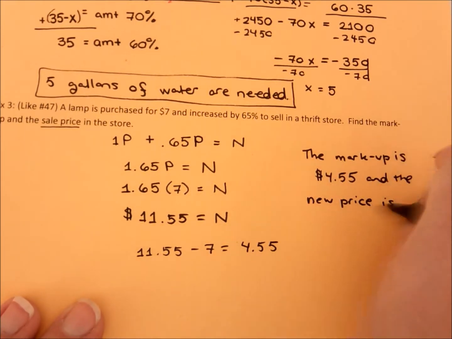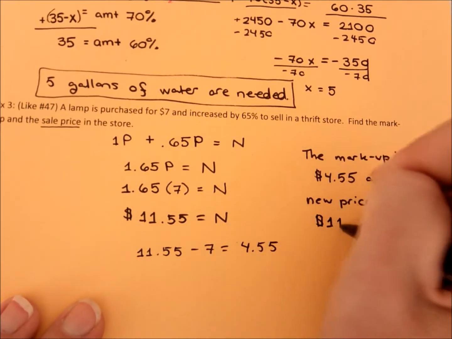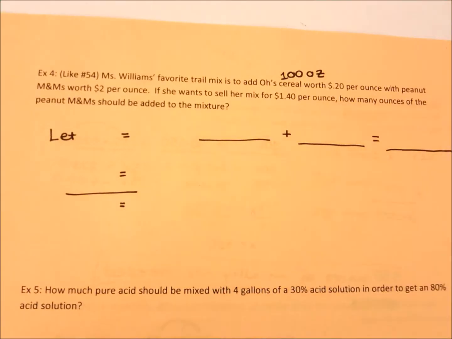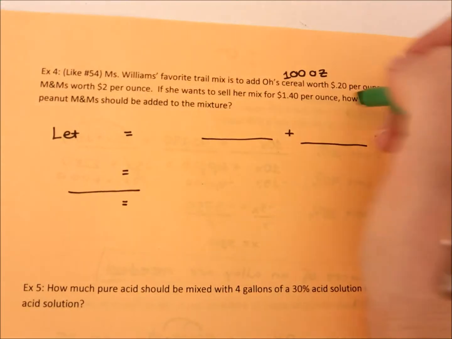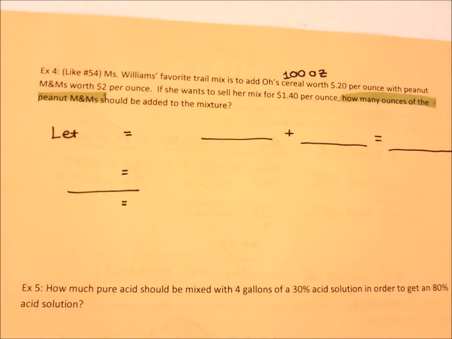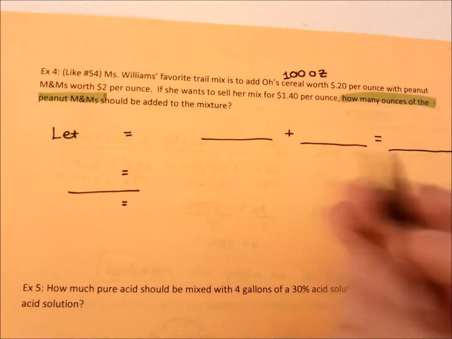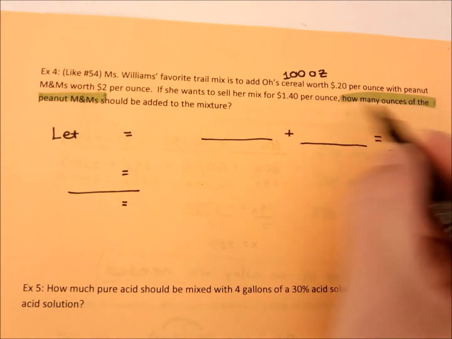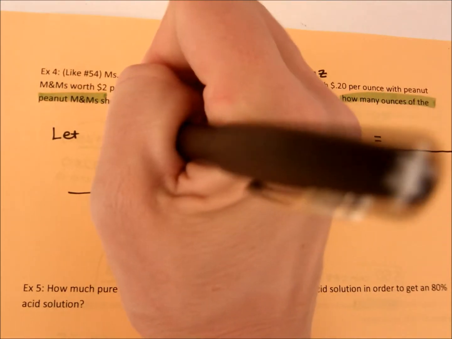is $11.55. How many ounces, I'm picking up that word right there, how many ounces of the peanut M&Ms should be added to the mixture? So how many indicates the variable, and it also indicates we want to put amount. Now